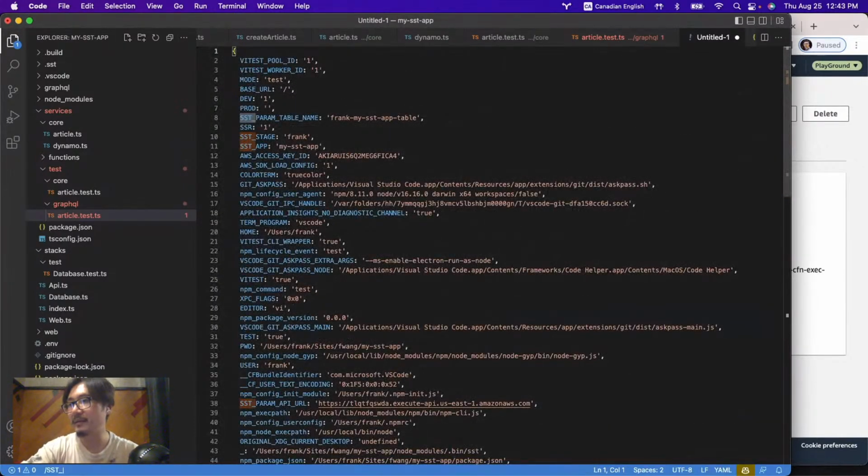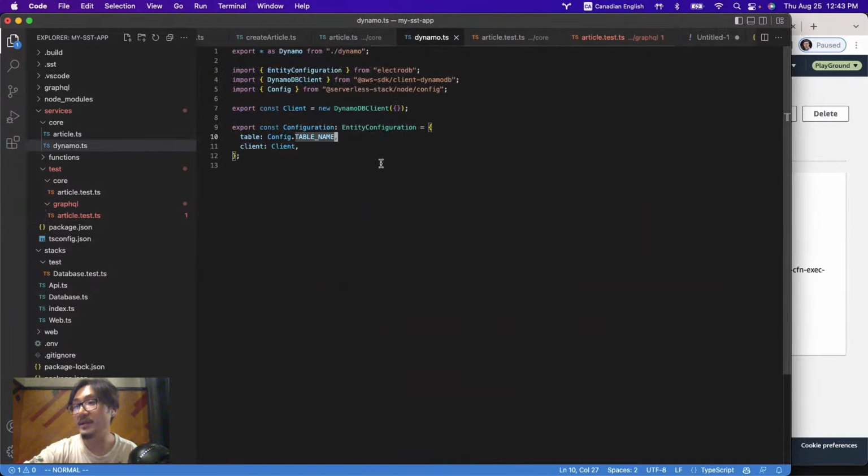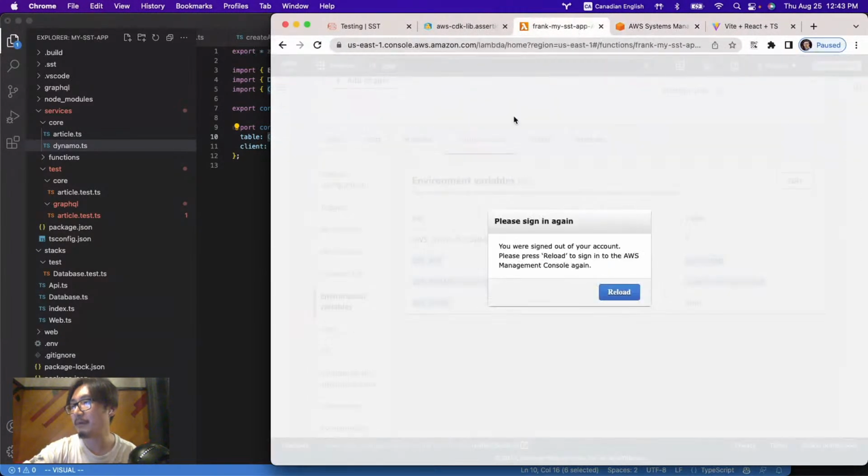All right, look at SST, right? You can see the SST stage is here called Frank. App is called my SST app. The parameter is called table name, and we have SST parameter with the API URL. So now our tests have all these environment variables set. So when the test is running our code, when the code is config.table name, config can find everything it needs, right? If you look at what our Lambda function has,